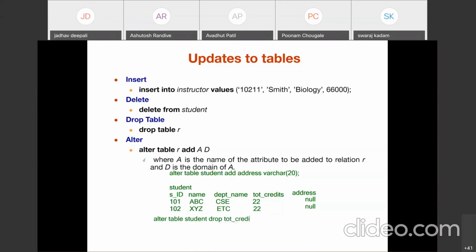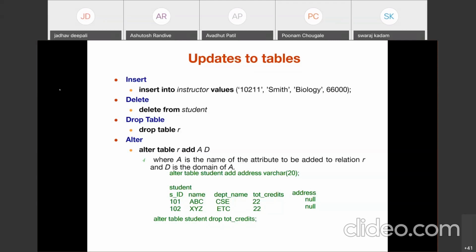When I execute this command, what happens? This attribute total credits is dropped from this relation and only 4 attributes remain: SID, name, department name and address. So alter table with drop is used to drop a particular attribute,